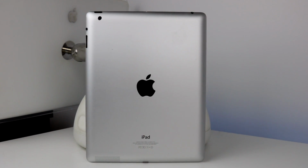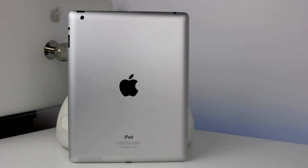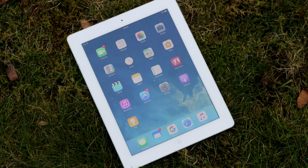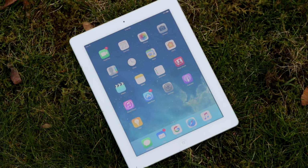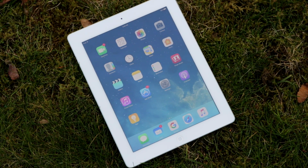It was only made obsolete a bit over a year ago, as it can only update to iOS 10.3.3, and all things considered, it has held up really well. While it had the design of the iPad 2, it also had some necessary modern commodities like the Lightning port and Retina display. The iPad 4 has been one of the best iPads Apple's ever made when it comes to everything, including longevity,